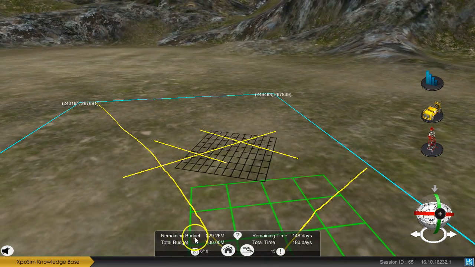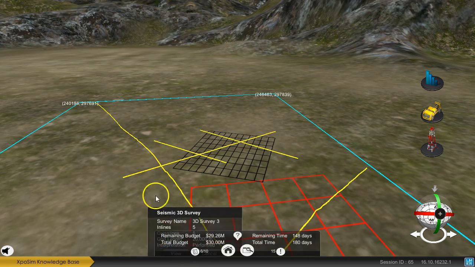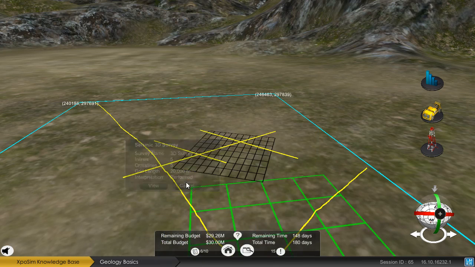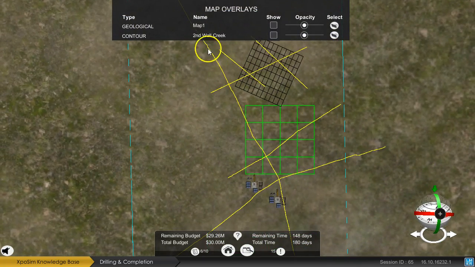So now if we have a look at these objectives, it says that we have completed quite a few of them, and we just have to generate a contour of an interpreted horizon. So to do that, there are multiple ways to do that. So one of the ways is to go to the top view by clicking on this icon. I come to the top view, and over here I can generate a contour of any horizon that I've already